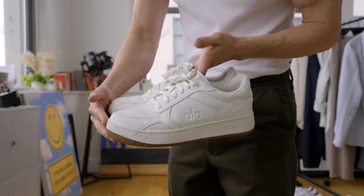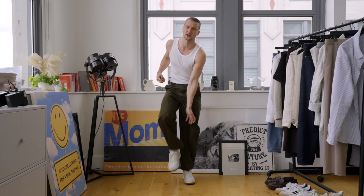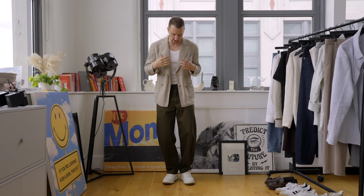But before that, we're throwing the aloe sneakers back on. Same reasoning as before. We got white pants, so chunky sneakers. For me, that just looks more balanced. And here we have it, a double-breasted LBM 1911 linen cotton blend. I absolutely love this thing, and I have, since it was in storage and I'm just now getting into the